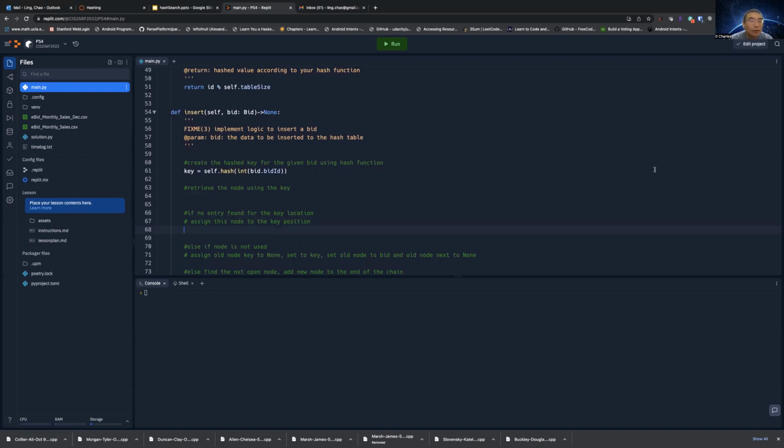Okay. So you get the key, which is the index to that list. So retrieve the node using the key. Basically, this line, I'm going to say key node, which is the node calling that key, is the data. Remember, the data with index key, the index. So you get that, it could be none to begin with because that's the default value, right? So if key node is none,